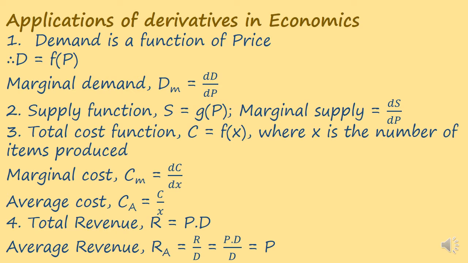So in your mind you can understand this as total revenue is the total selling price that we get, and average revenue is the selling price for one item. So in this way we get total profit, which is given as R minus C. You know that profit is selling price minus cost price. So total selling price minus the cost price gives us the total profit.